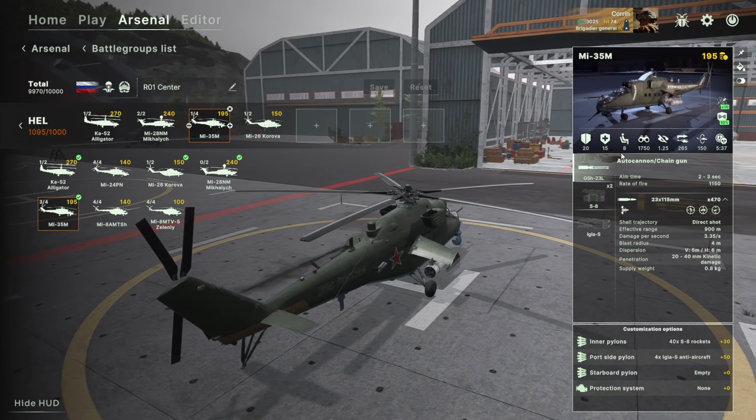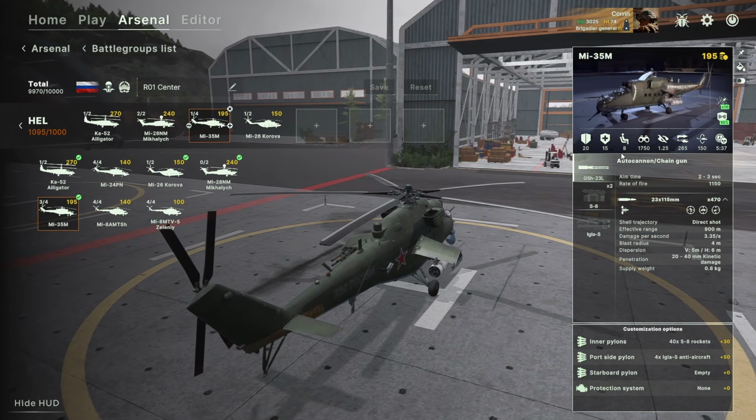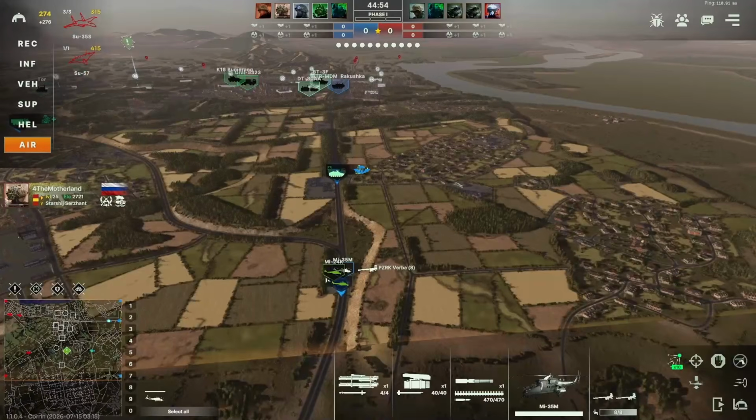So if you need to drop something in the front, I like to drop Verbas, but it's kind of proven to be just not that useful. And on top of that, you still have rockets that can deal with your, to quickly...